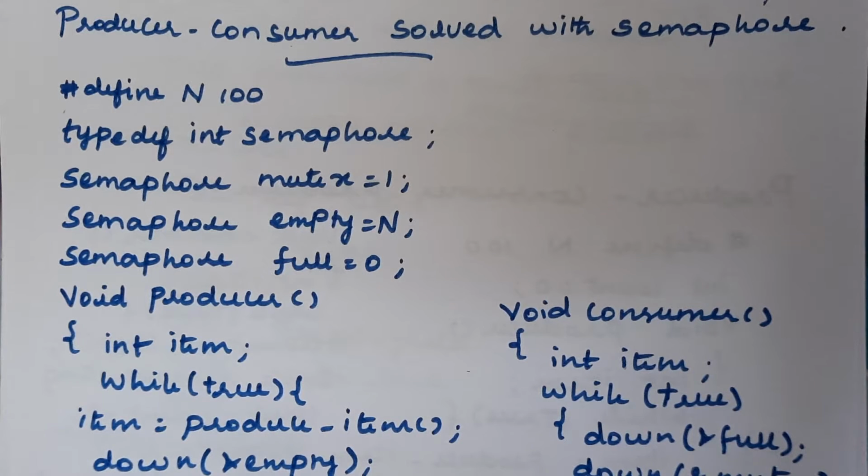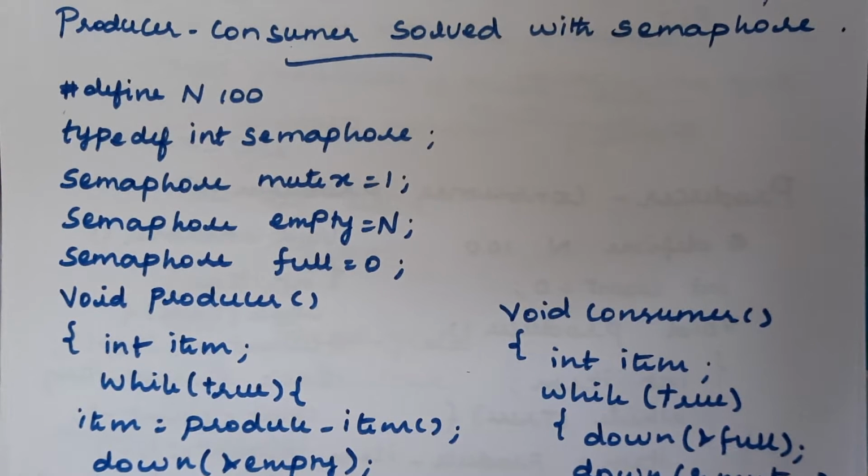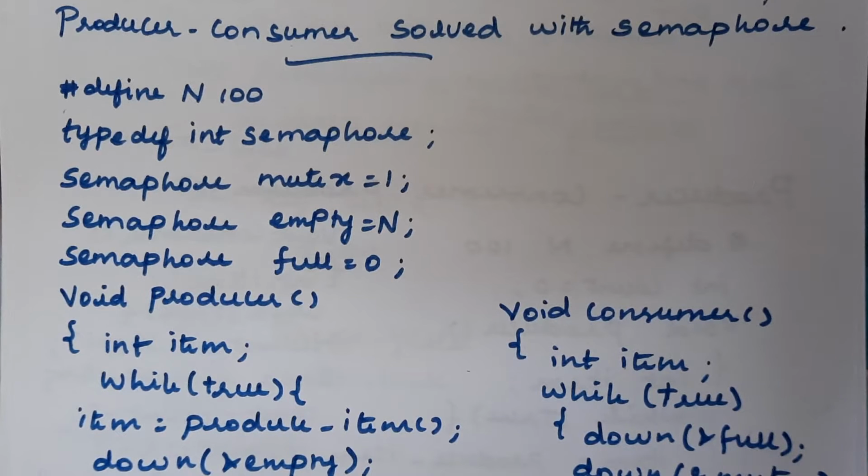So semaphore consists of two operations, one is down and another one is up operation. The down operation is used for making any process sleep, which is nothing but if you're trying to block any process, then we have to go with the down operation, and if you want to resume the particular blocked process, then we have to execute this up operation. So these are the two concerned operations that we need to perform whenever we're using the semaphore.